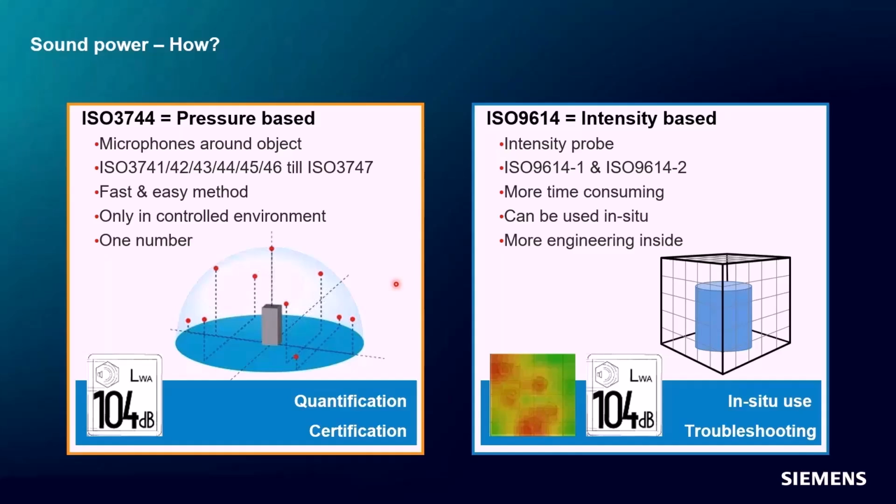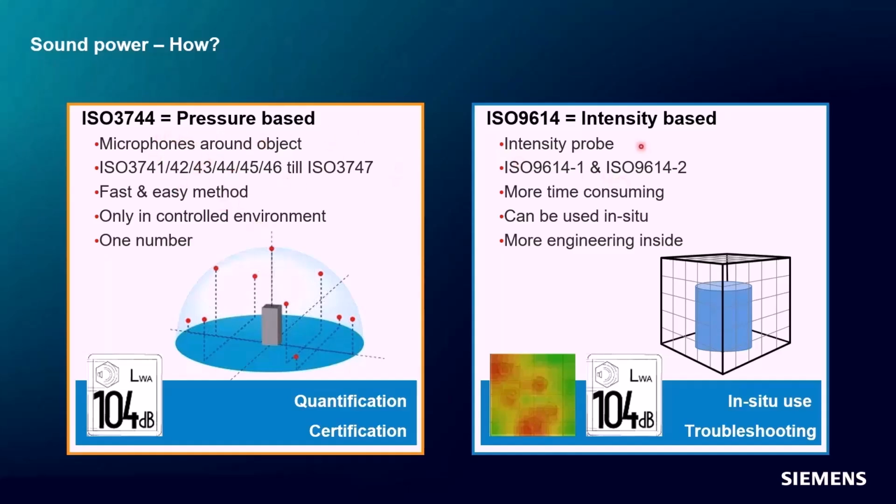Coming to the point of how do you measure sound power, if you have a sound source and if you want to do the pressure-based measurements, you can place the microphones in the form of an array at different locations, and you have to spread them uniformly. In this case, this is a hemisphere arrangement we call, and you measure the sound pressure at each of these locations, and then you take the area into account to compute the total sound power of that source. There are ISO standards for this, ISO 3741 to 47, that help us to do these measurements: how to select the instrumentation, how to place the microphones, what type of microphones to use, and such. So that is the sound power based on the sound pressure.